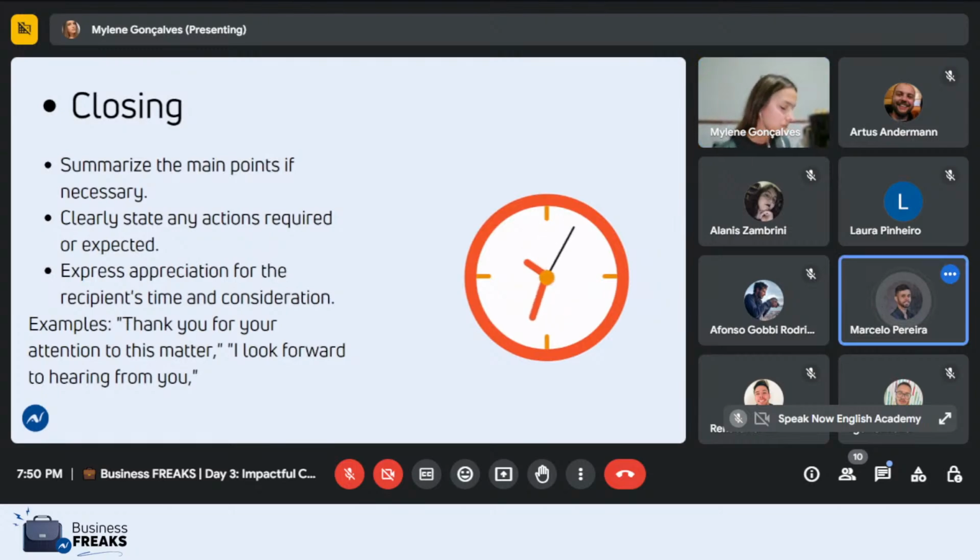Summarize the main points if necessary. Clearly state any actions required or expected. Express appreciation for the recipient's time and consideration. Examples: thank you for your attention to this matter, or I look forward to hearing from you. That's it. This last one,